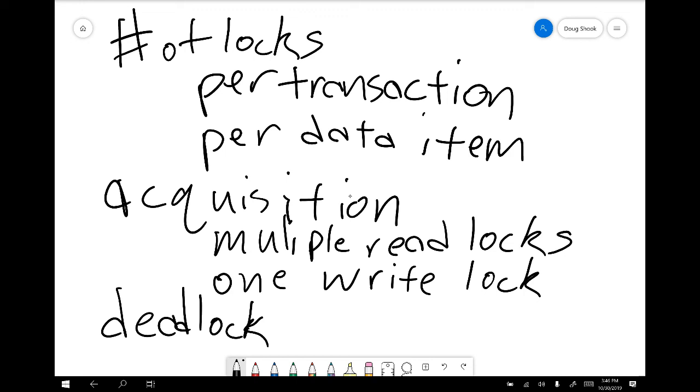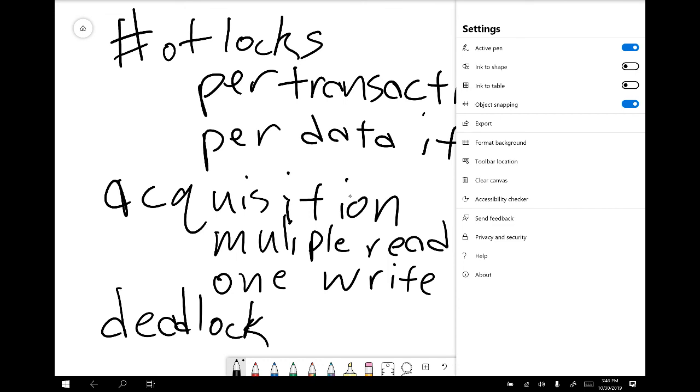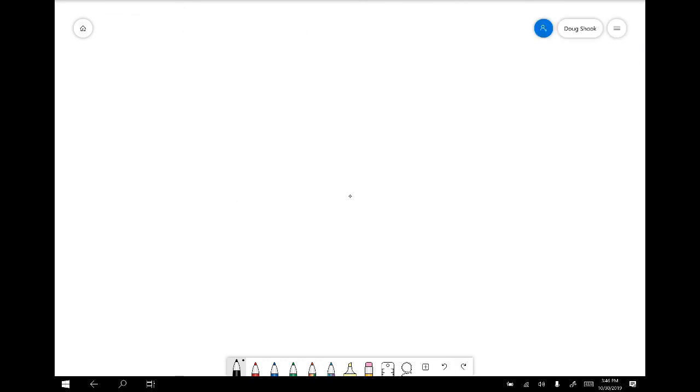I'm trying to think if there's anything else related to locking that we should be testing for. I think we've covered most of the bases. We covered acquiring locks, the number of locks that can be acquired, deadlock. We talked about releasing locks when a transaction is complete. Something else along those lines that's not necessarily lock related, but still important, is that when a transaction completes, we should see those operations be permanent. They should be permanent operations in the file, right?